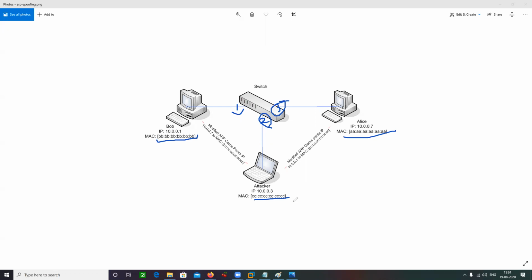So there's a technique known as CAM table flooding. What is CAM table flooding? Who is going to tell me?